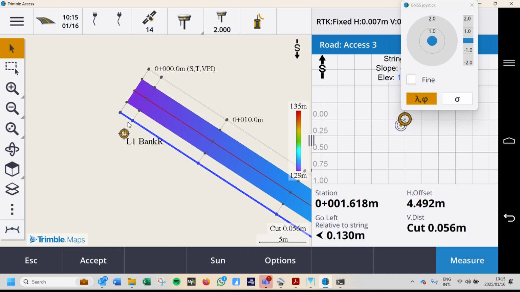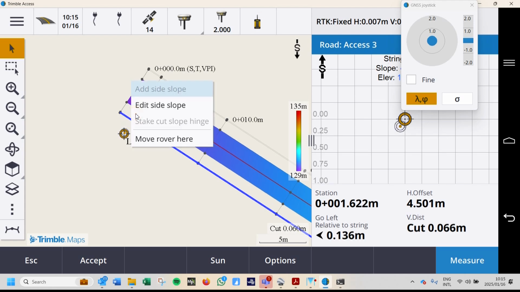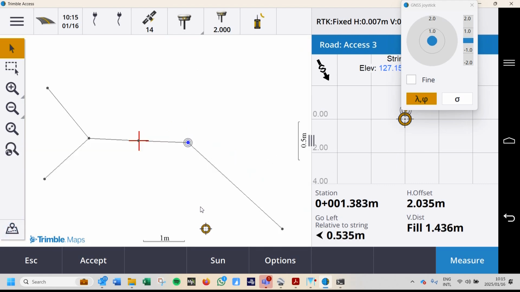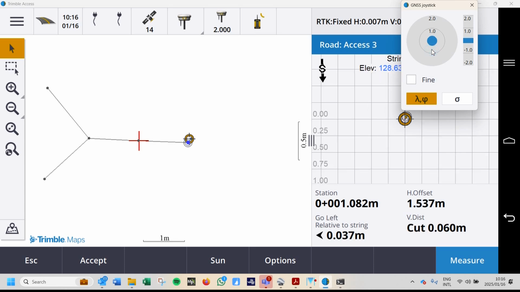So now as you move along this road, you will be able to move along the cross section and be able to set out each and every one of those points as you go along. Because we're using our closest point, as I move, you'll see my next point would be that blue dot, and it will try and get me as close as possible to that point. And this is basically how we're going to do it, and just complete your road by setting out